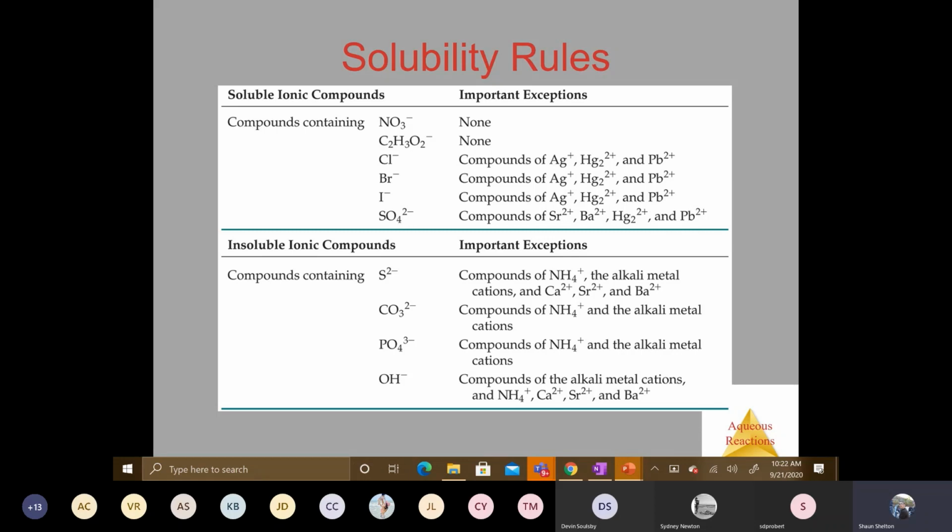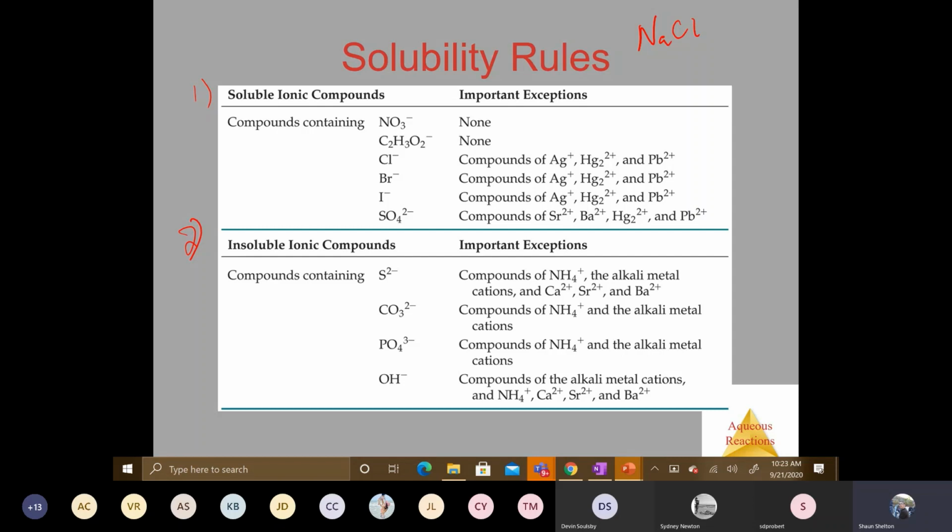Now, you need your things I should know handout. You'll find those solubility rules there. You can use this set here, or you can use the ones that you find on that handout. You're going to find more on the handout than you're going to find here, just FYI. So for the compounds, there's two different categories. You have the first category, which is soluble ionic compounds, and then you have the second category, which is insoluble ionic compounds.